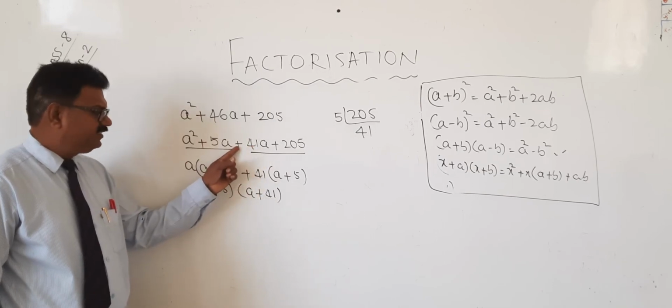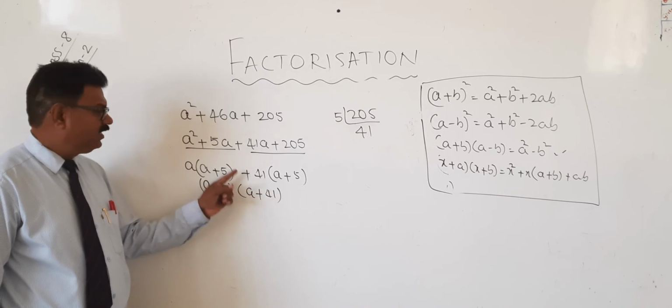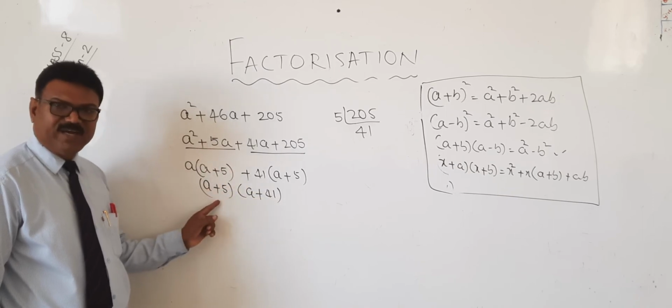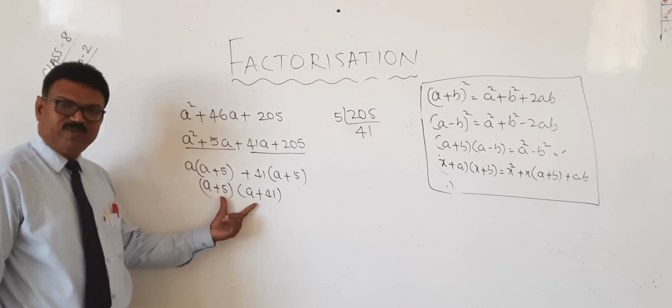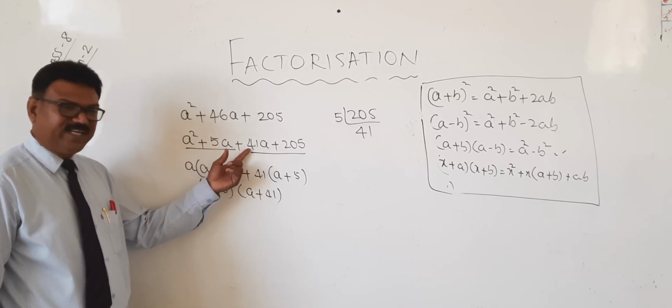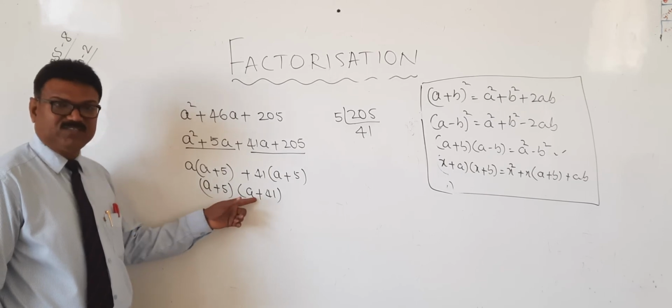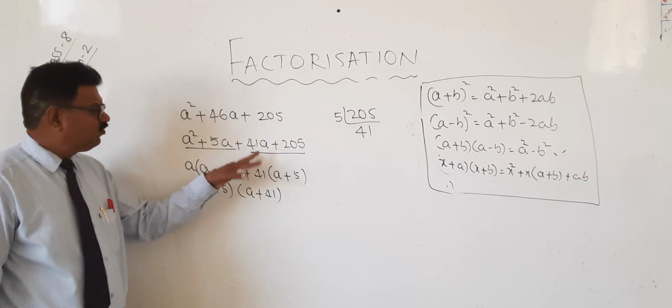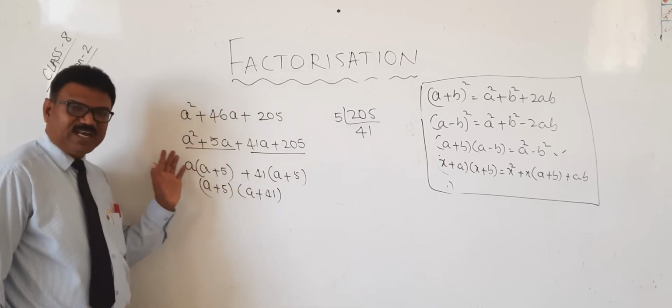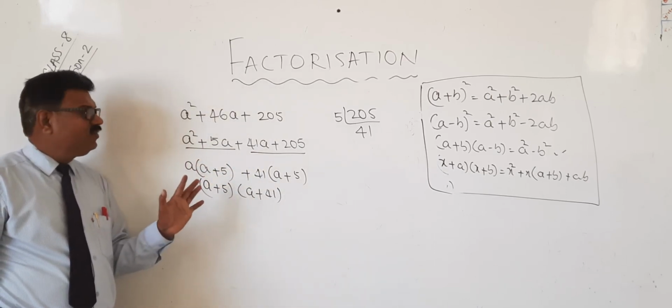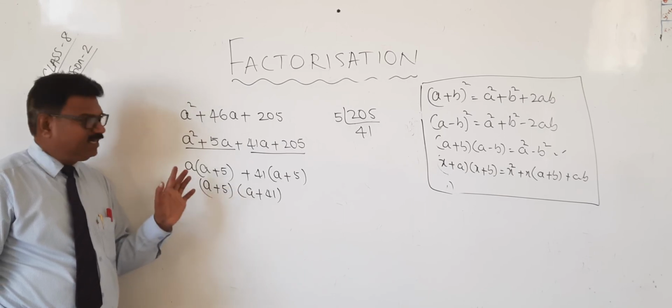If minus is there here, then minus will come. Here both are plus, therefore we will get both plus only. If one plus and one minus came, then here also one plus and one minus will come. Understood? So very simple, the answer is here only, but we are unable to multiply, we are unable to divide. Okay? Right.